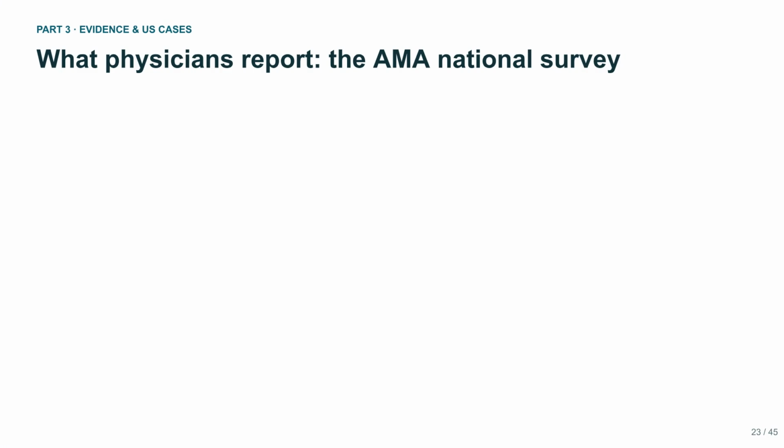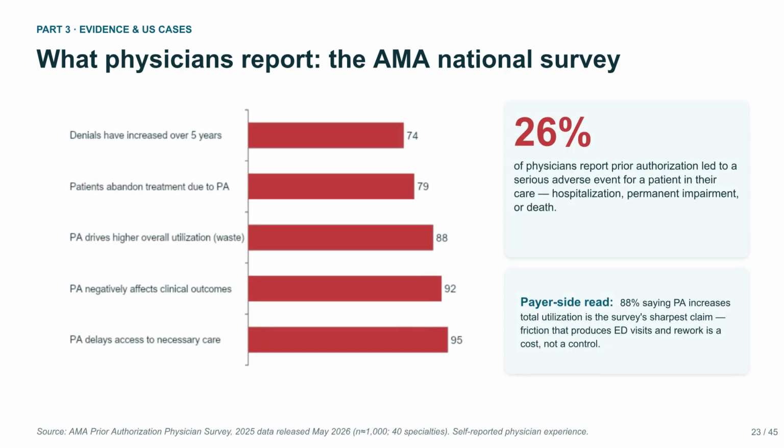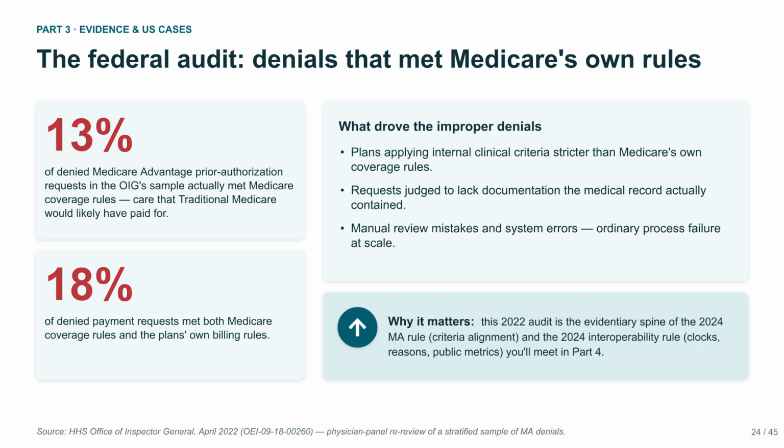The AMA survey is clear. 95% of physicians report that prior authorization delays necessary care, and a quarter report serious adverse events. Notably, 88% believe these requirements actually increase overall utilization, a sign that the current system is generating more friction than value. Federal auditors conducted a re-review of denied Medicare Advantage requests and found that 13% of the denied PA requests